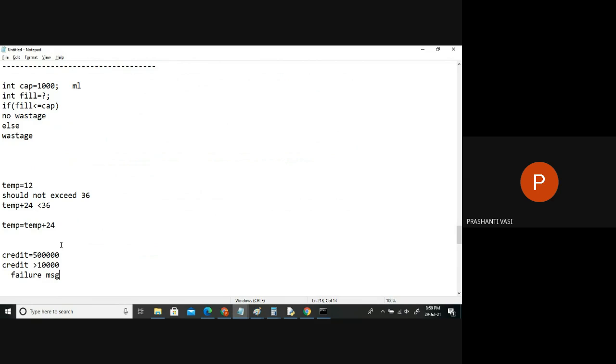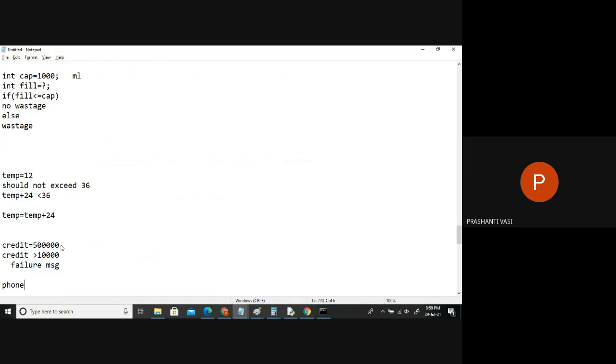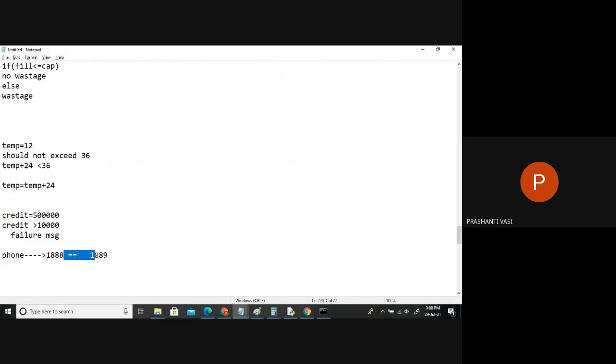Okay. So like this, in our lifetime, in any application we use. Now there is PhonePe. If you are using PhonePe, while logging in, we always have to press the login PIN password number. While typing, if the actual was 1889 and you by mistake press something else, will it log in or will it say, okay, invalid password, PIN? Here both should be matched. If they are matching, you'll enter into the app. Otherwise, you'll be outside the app only, right? So everywhere we'll be going for comparisons in every application. Whatever you do, there is a check.